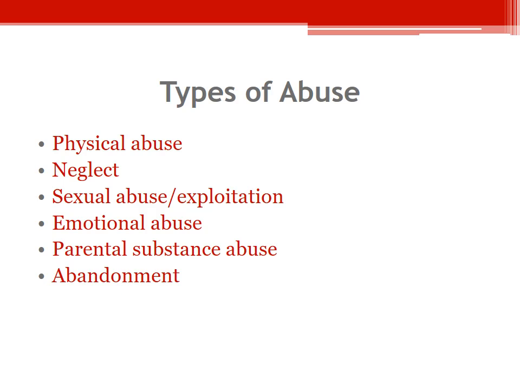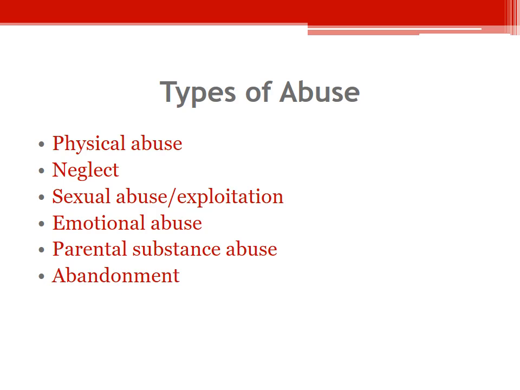Child abuse takes many different forms. Physical abuse and neglect are probably the two forms that most closely match up with what we consider to be injuries. This is an injury prevention and control class, after all. Both physical abuse and neglect can result in physical injuries to a child. These other forms of abuse, though, some of them actually also lead to physical injuries. They certainly lead to emotional injuries. And I'm going to briefly at least discuss some of them, even though you might think that this goes beyond the scope of an injury prevention and control class.